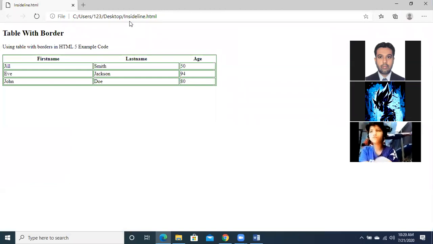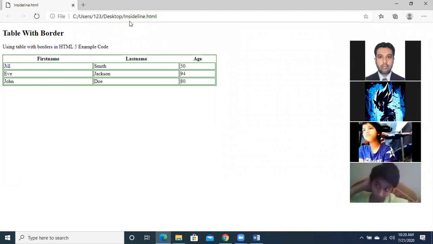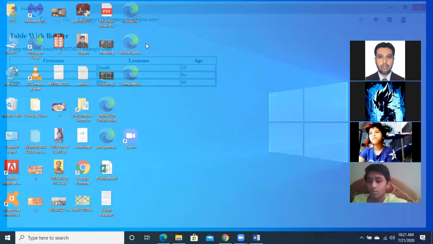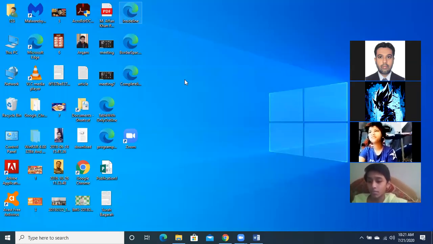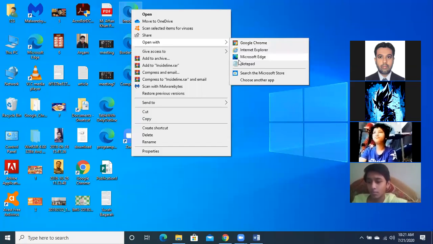All the text which is there now is in the borders. All the text, the table row and table data. On the table row and table data, we have applied the borders. Fine. So this is quite a simple strategy.